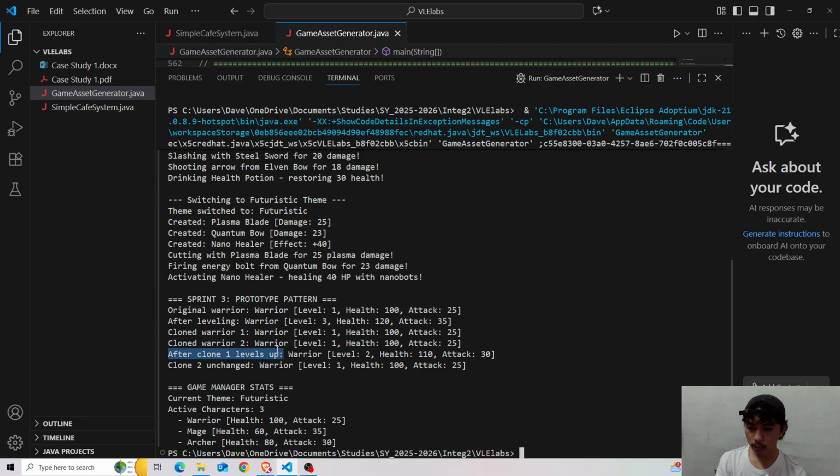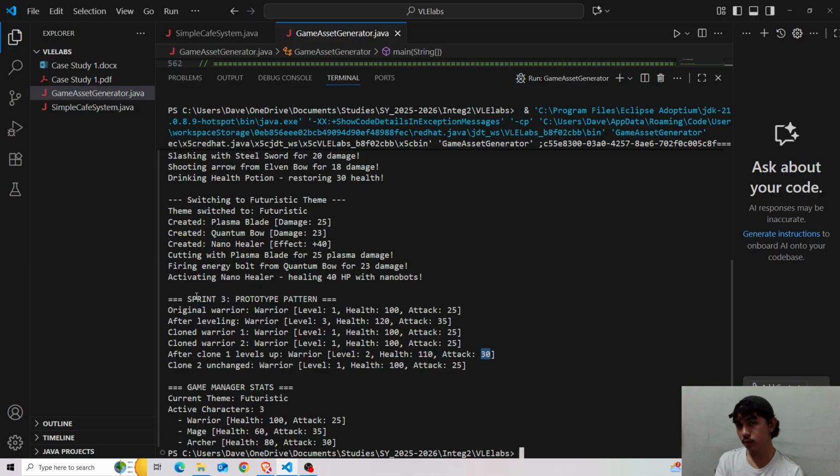So after clone 1 levels up, the clone 1 warrior levels up to 2, then increases its stats. So the clone warrior 2 remains unchanged.